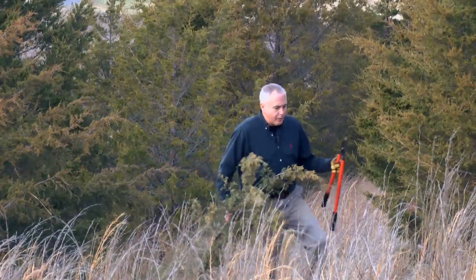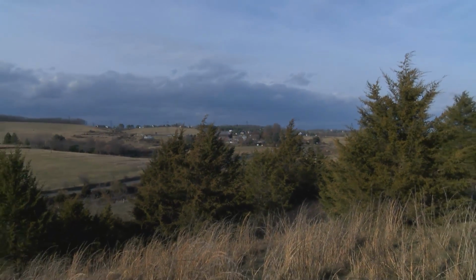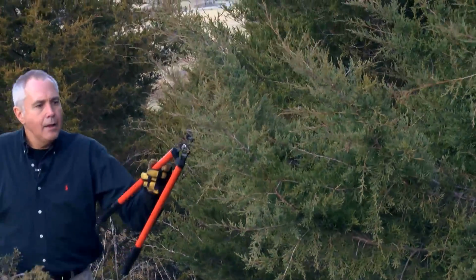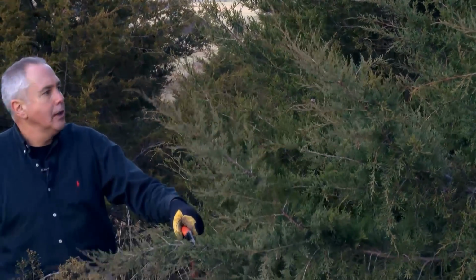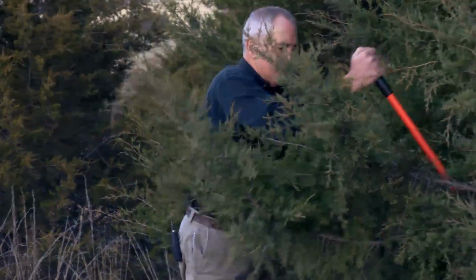But if you look at the different types, we've got some that are sort of blue, some that have a lot of beautiful tan, like on this one. And then we have some that are sort of blue and green in combination. And it's really simple. I mean, if you want to take a little hand saw, I really like these big pruners, and you just come in